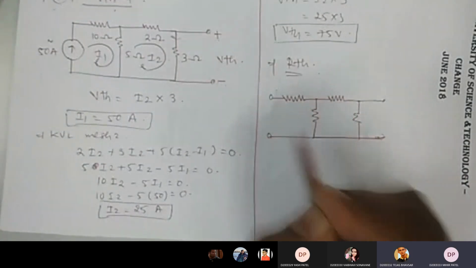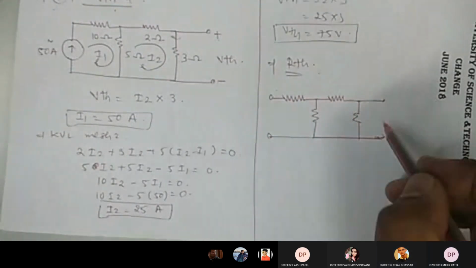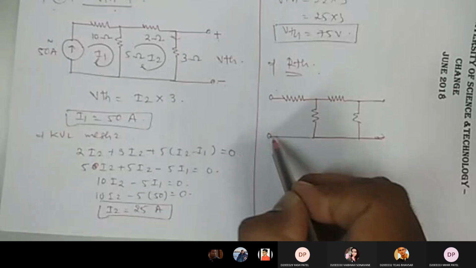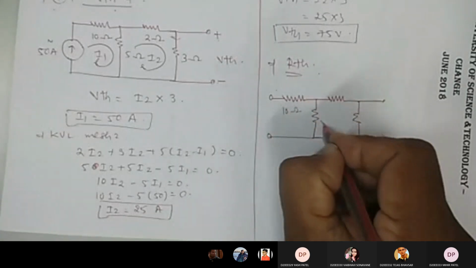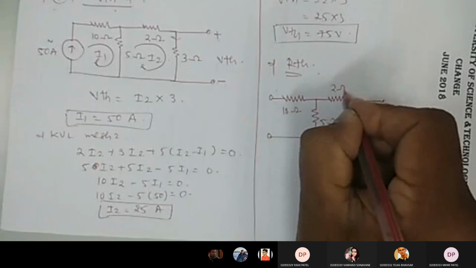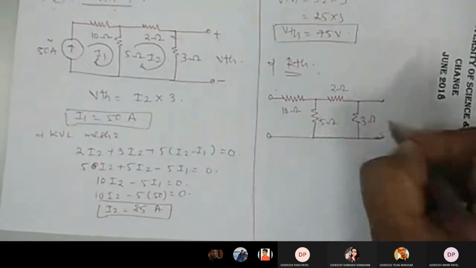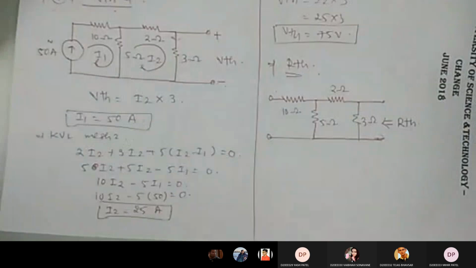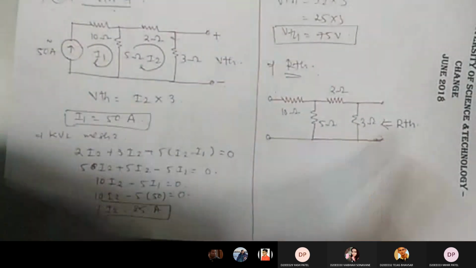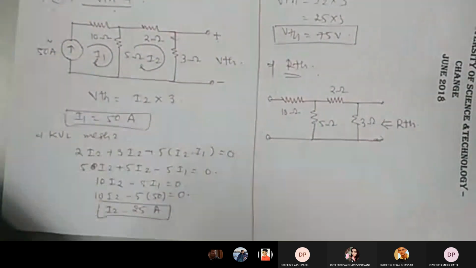Current. We have to make it open circuit. In all the previous examples I was shorting it here, so what do I have to do here? Open circuit. Okay, so I am putting the values 2 ohm, 3 ohm. Whatever the voltage at this side is nothing but RTH. I want to find out RTH.